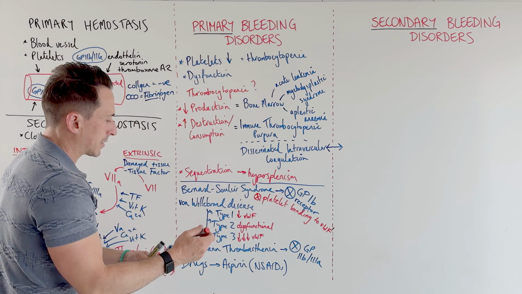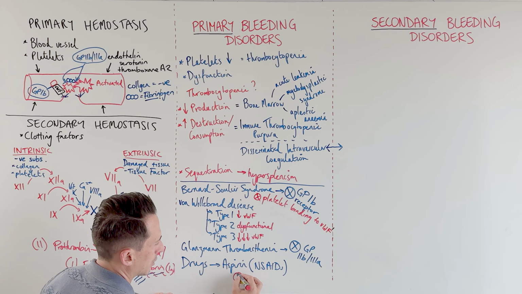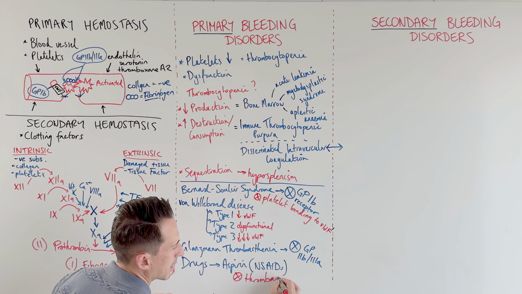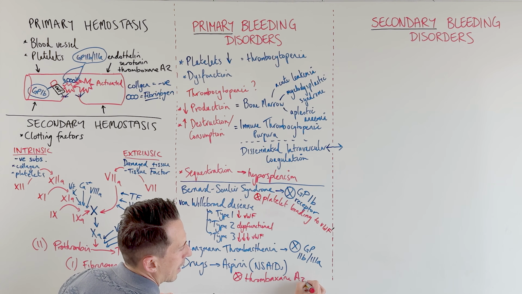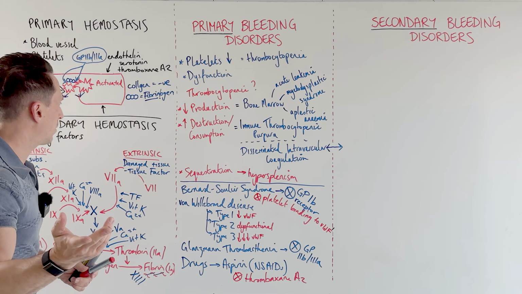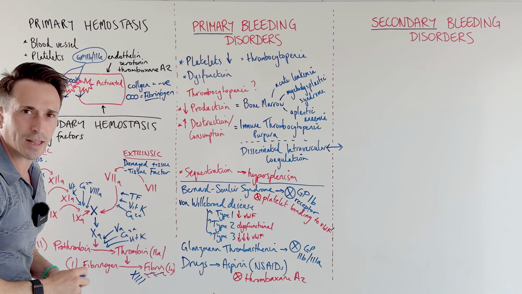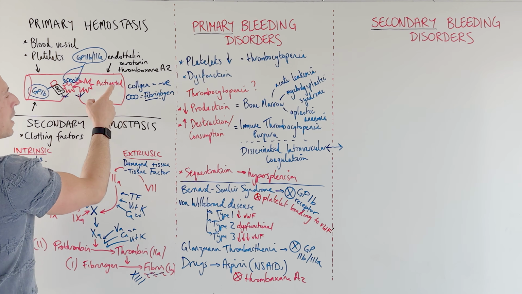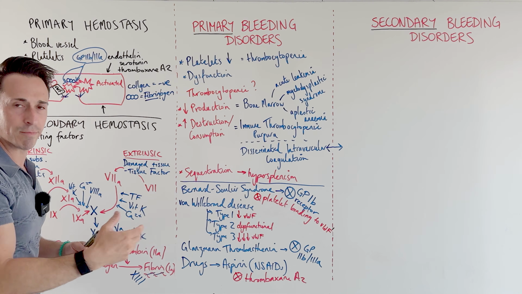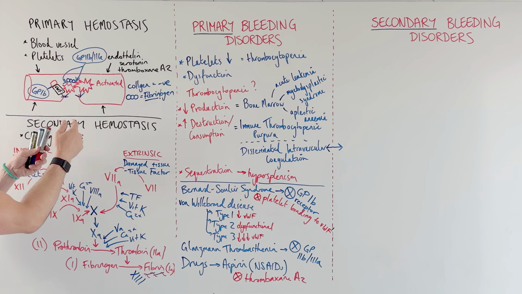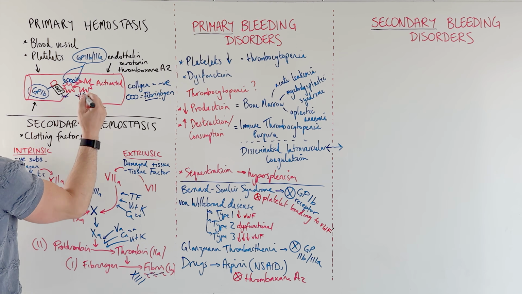What aspirin does is it stops the synthesis of thromboxane A2. Now, where did we hear that? Hey, thromboxane A2 is a vasoconstrictor. Okay, that's cool. So it stops the vasoconstriction. That is going to lead to more bleeding, but it's not the other thing, because thromboxane A2 also helps activate